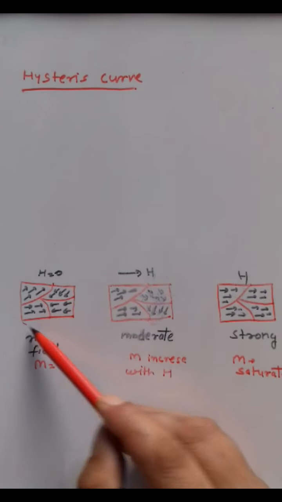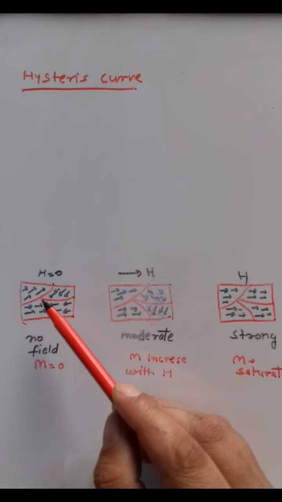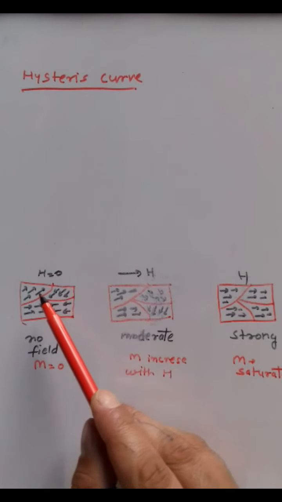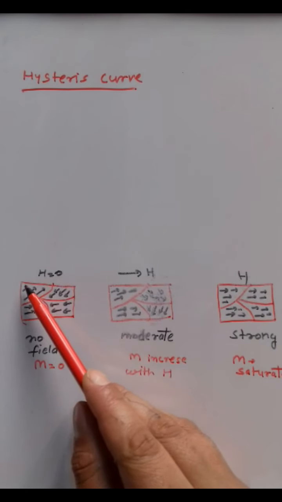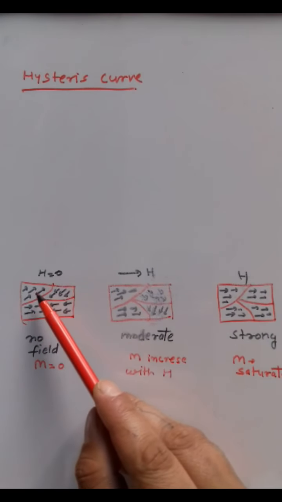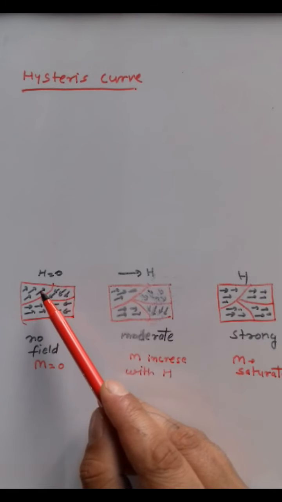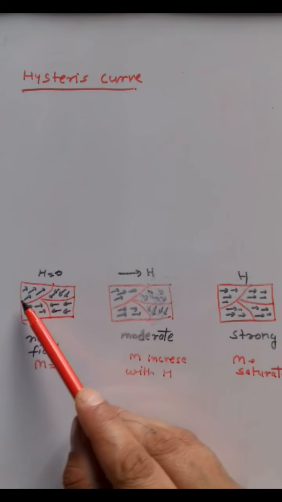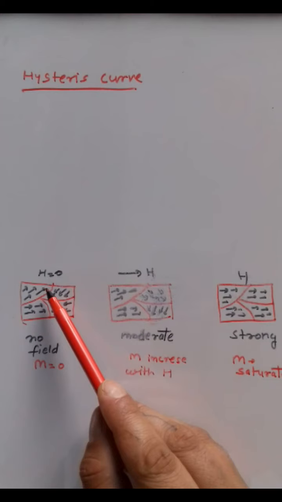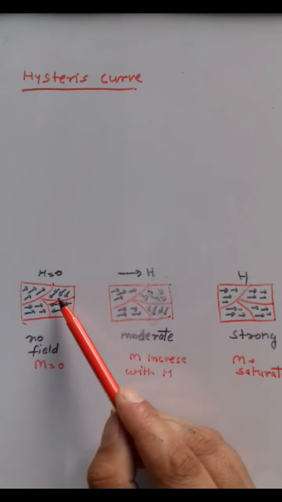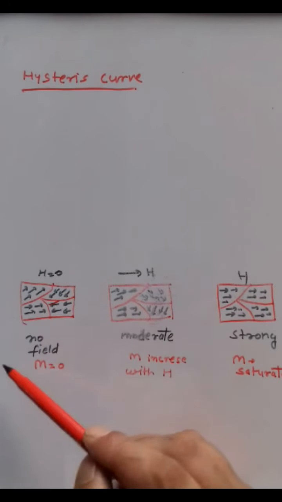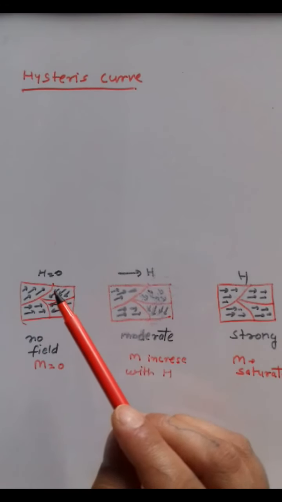in this figure this is a ferromagnetic material, and I have shown only four domains. So in this particular domain, all the atoms, due to their exchange field, are oriented in particular directions. So if you consider the second domain, all the atoms in these domains are oriented in a particular direction. Similarly, we can consider for other domains also.